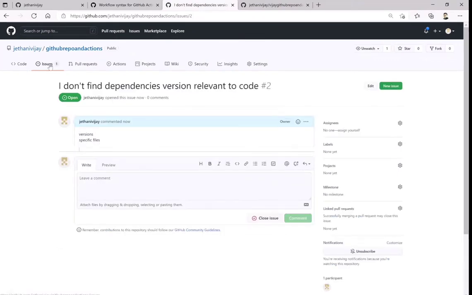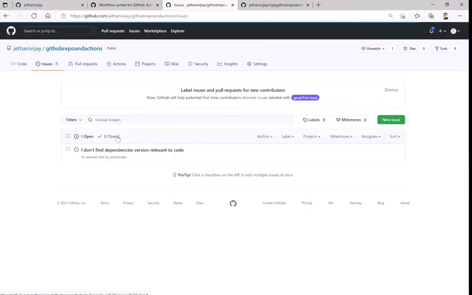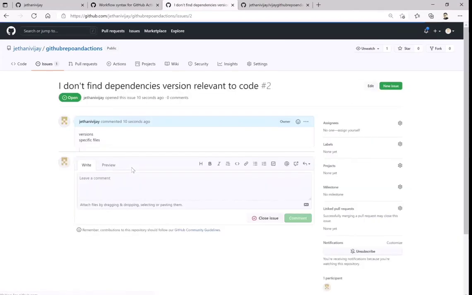Okay, so depending upon how I'm collaborating with them, my team can come here, I can assign this to a relevant owner or group, that group will own it, and they can come here and provide me if that is right, or if there is any solution around that, they can come and finally close the issue.